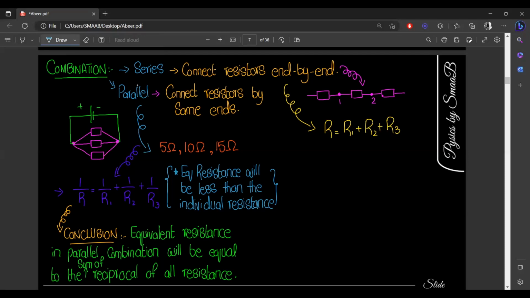And for the conclusion, if we add up all these three values again, we will get a greater answer, greater than the individual resistance, which is 15 ohm, because 15 is the greatest value in our given data. So our equivalent resistance in series combination will be greater than 15 ohms, right? Yes. For the conclusion, we may write it as that